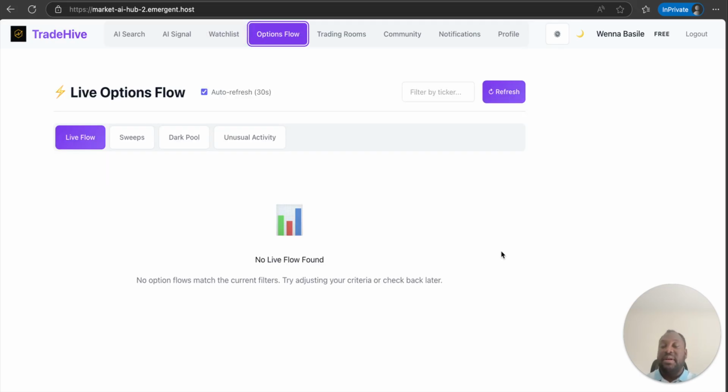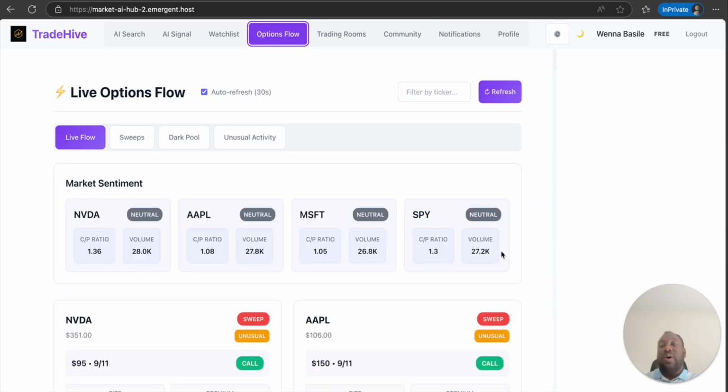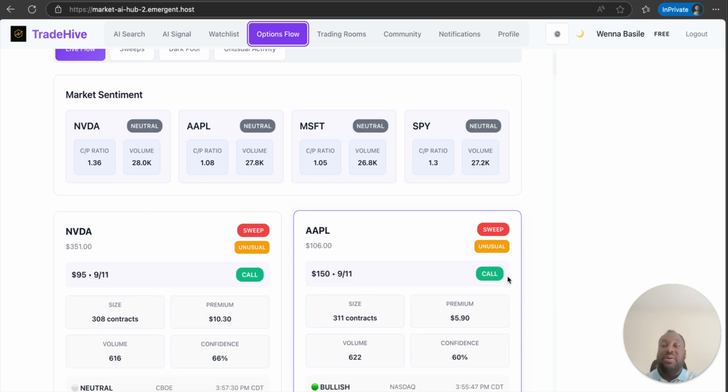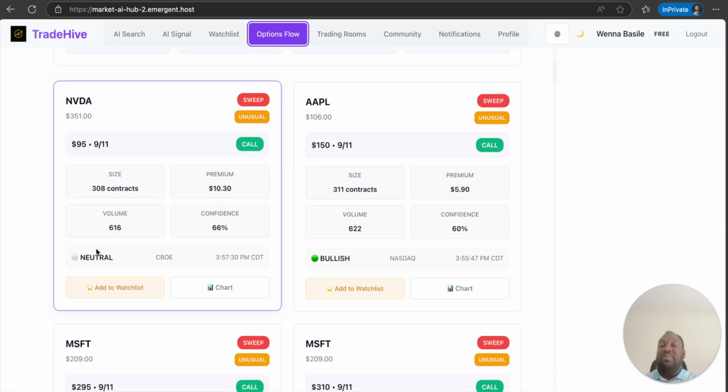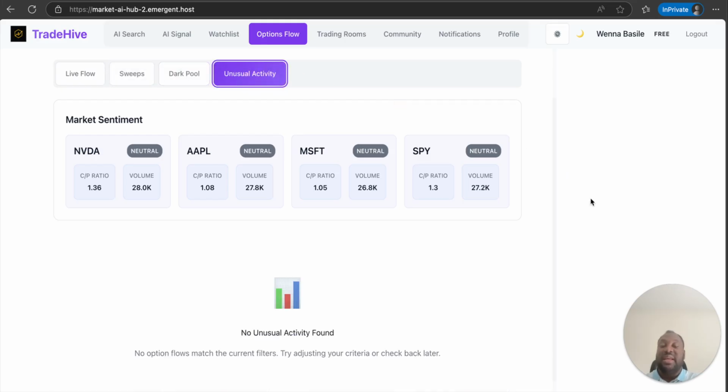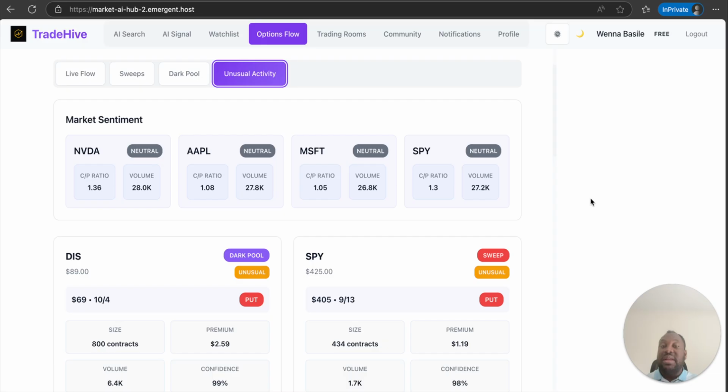And the next thing I've built is option flow. I love options. Trading options is very important, so what you want to look at is what is coming down, what people are doing besides you. If you see some of the contracts people are buying here, they have a different sentiment on the market. They sweep, the dark pool, the unusual activity that is happening to the stock. And this is really live. You can see the date, 9/13.